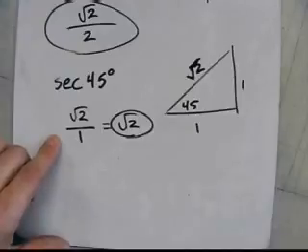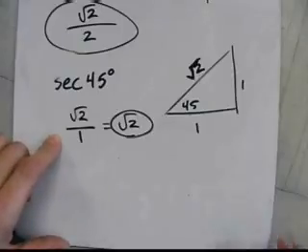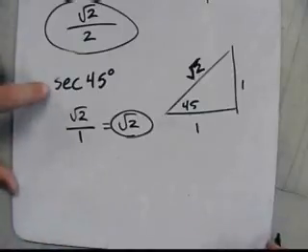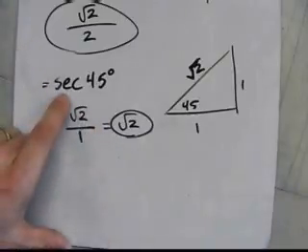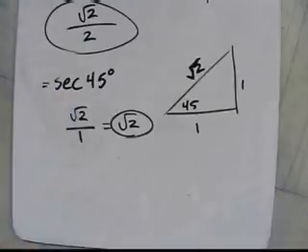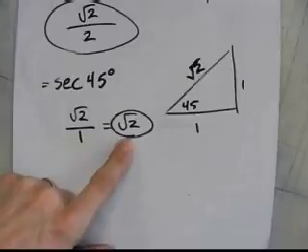Okay, now we have a small problem on this one. How do we put that on our calculator? Notice that there's no secant button. There's no cosecant button. If you want to type in secant of 45 in your calculator, this is how you have to do it. Secant goes with the cosine, okay? So I go 1 divided by the cosine of 45. Remember, it's the reciprocal, which means flip over. So if I go 1 over cosine 45, I get 1.41,